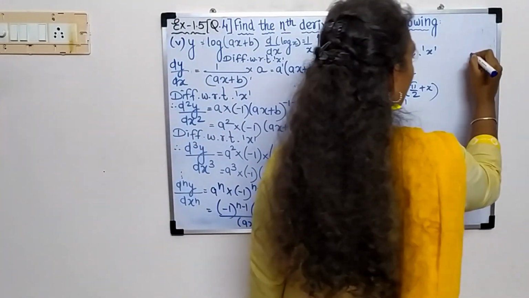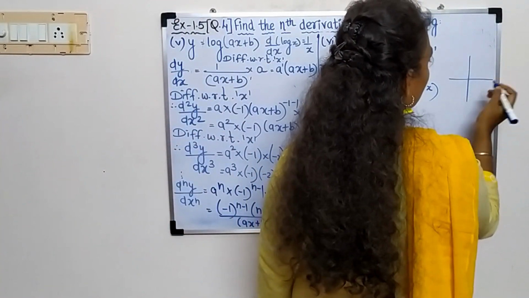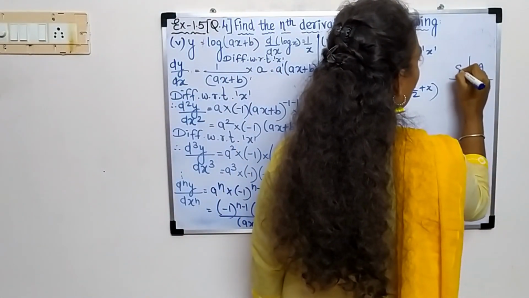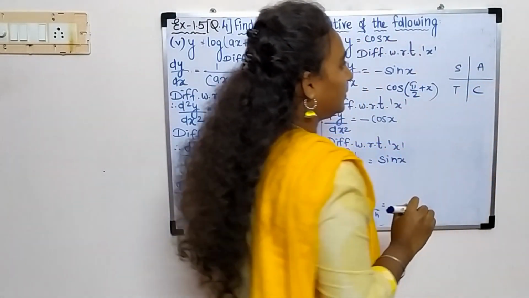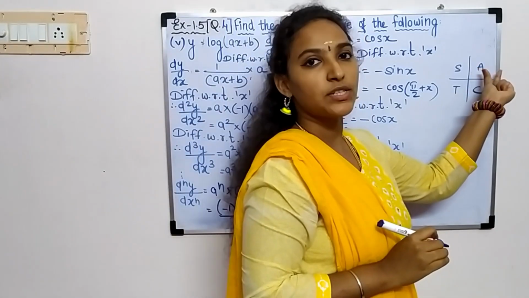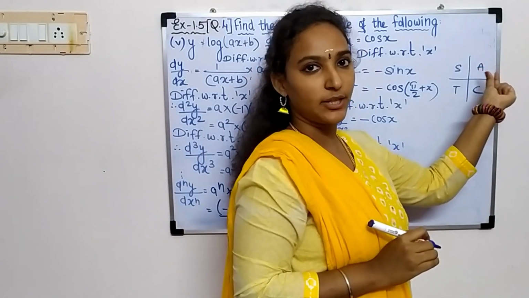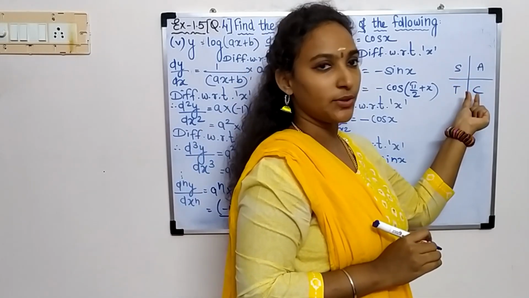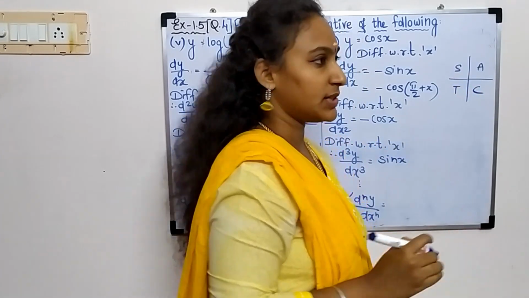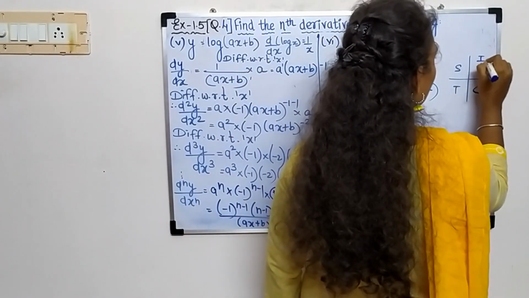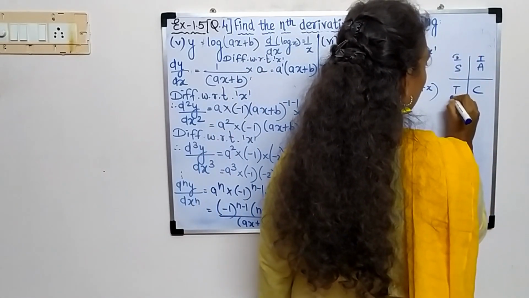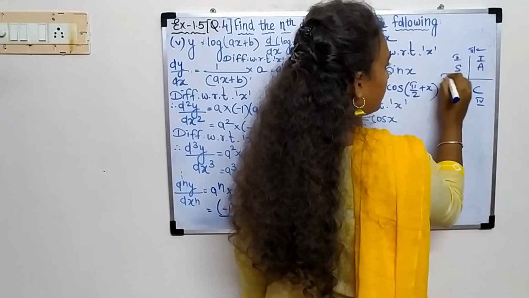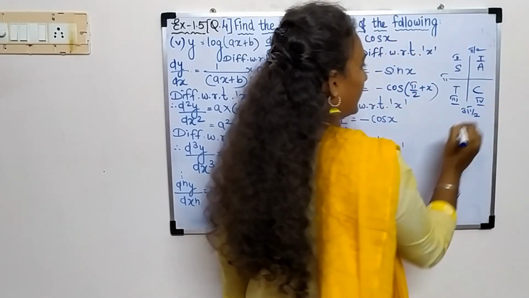Let us see the trigonometric values. So this is your quadrants, all silver teacups. In the first quadrant, all the values are positive. Second quadrant, sin is positive. Third quadrant, tan is positive. And the fourth quadrant, cos is positive. And this value is pi by 2. This is pi. And this is 3 pi by 2.